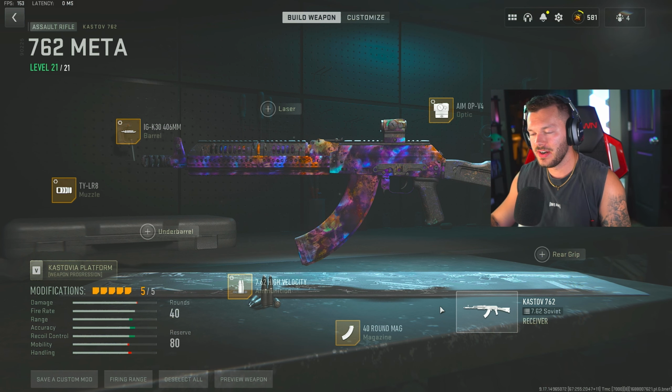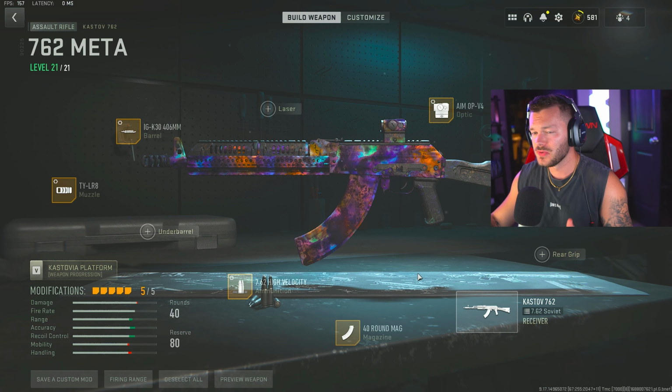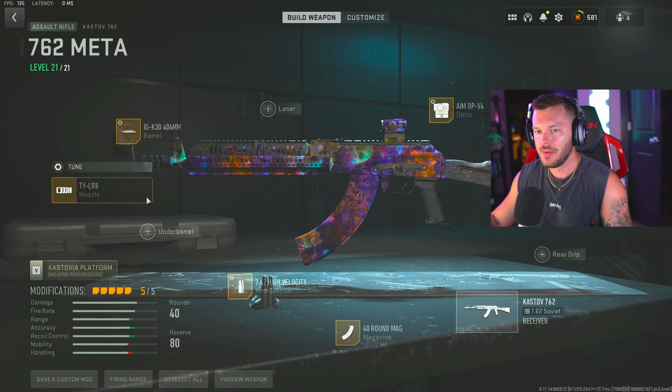But here's our next gun. Our fourth gun up here today is going to be the Kastov 7.62. This is such a great assault rifle. It's one of my favorites to use in the game actually right now. But first thing here is going to be the